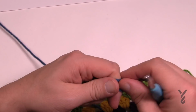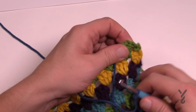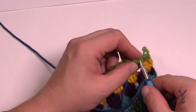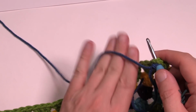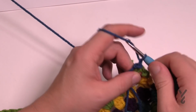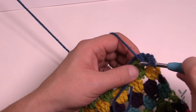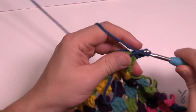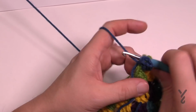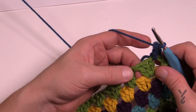Let's begin row number 10, starting off with a slip knot, and we're gonna come into the top of the first chain 3. There's no decreasing on this round, so just slip stitch it, chain 3 counts as a double crochet, and in the same space right below just put in 2 more double crochet. So there you got your 3,